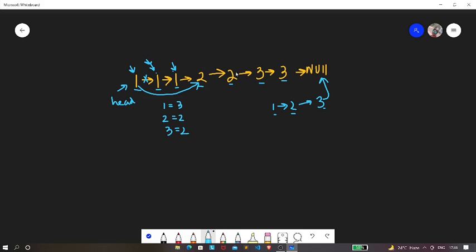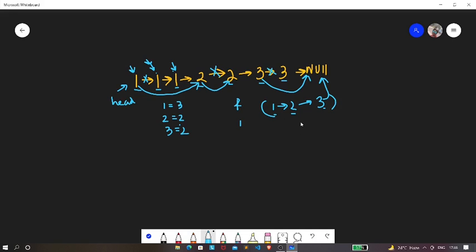Now, over here we find that we have two twos, right? So we need to have only one two, right? So for that, what we can do, we need to make this two point to this two, and hence this link will be deleted, right? Similarly for 3, we need to make this 3 point to null, and similarly this link will also be deleted, right? Because there are two 3s, hence it will be 1. So finally we'll get this linked list, as you can see over here.